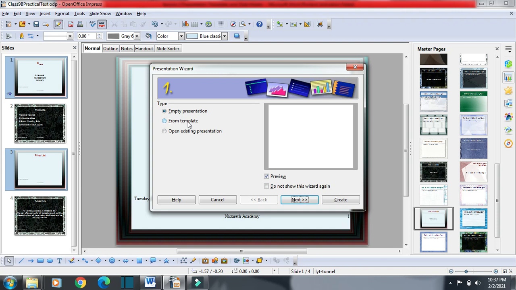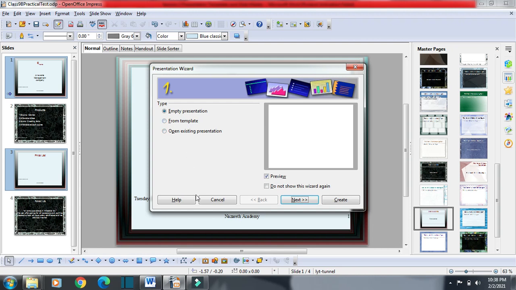What will happen? I will get 3 or 4 or 5 slides with different layouts. Some will have a title, some will be available for a picture. Like this we will get 4 to 5 slides. They are created for some purpose. For example, for any company, we just have to change the name of the company and text. Other things are previously done. So this is a template. It gives us multiple slides with different layouts, different designs to help us in our work. We do not need to do the formatting, we just need to type the text and our work is over.